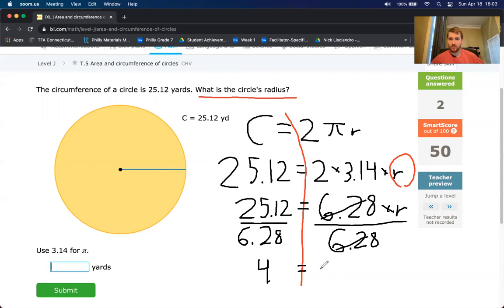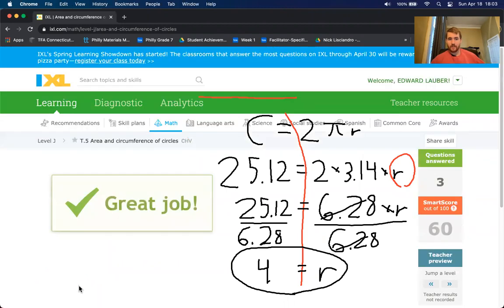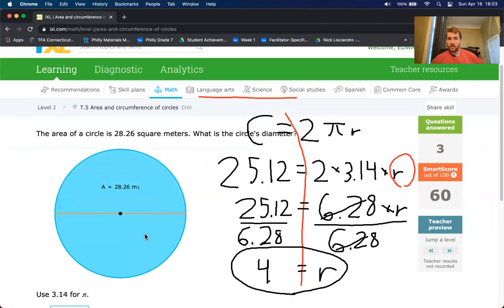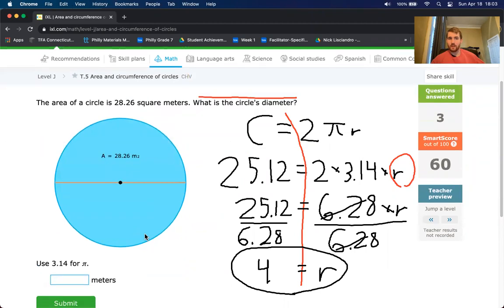Over here, we're just left with r. So we have our answer that the radius is 4. So we took the formula. We already had the answer, but then we had an equation that we could use to work backwards to find the answer. 4 yards, submit. I hope that's helpful. There's going to be other problems like this one, where you have to work backwards. You get the area, you have to work